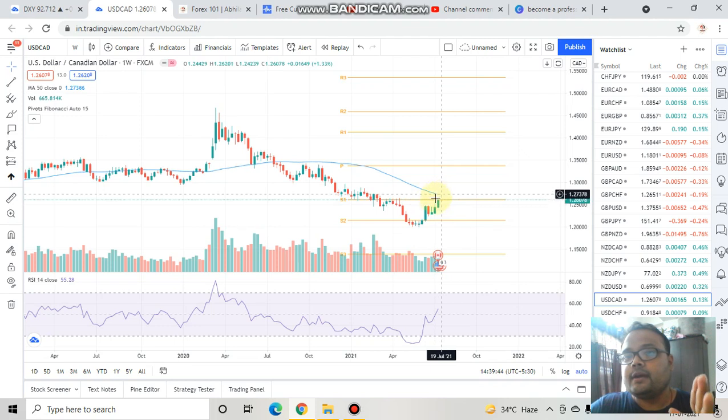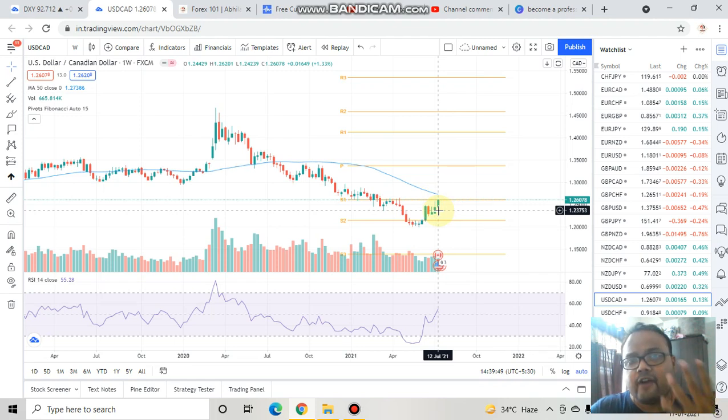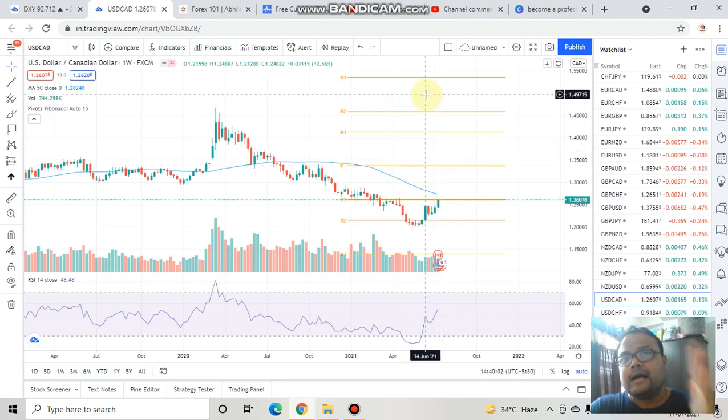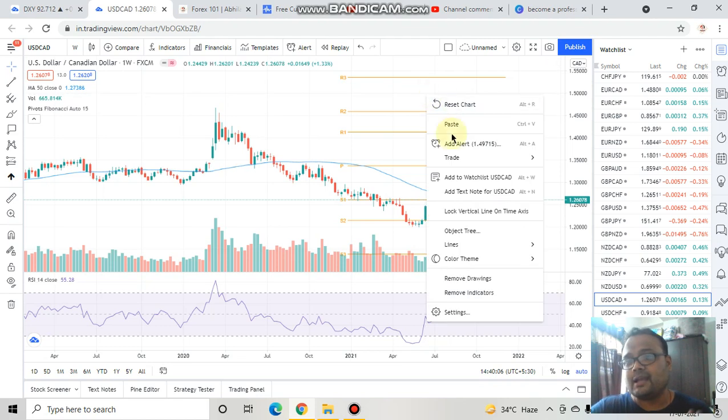We can see a big green candle, which means that the market was heavily under the dominance of buyers. Market was under the heavy influence of buyers. Therefore, my dear friend, do not take any risk. There is a good possibility that in the coming week the market will break this resistance level on the weekly chart as well. Until and unless you see some heavy selling pressure on the chart, do not short the market,